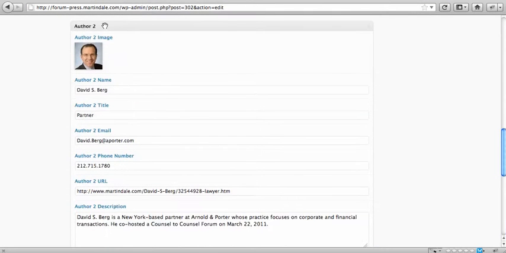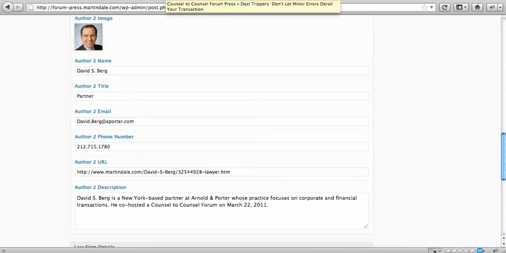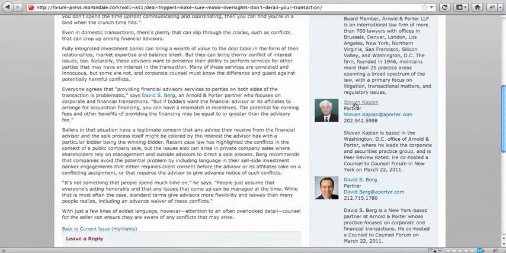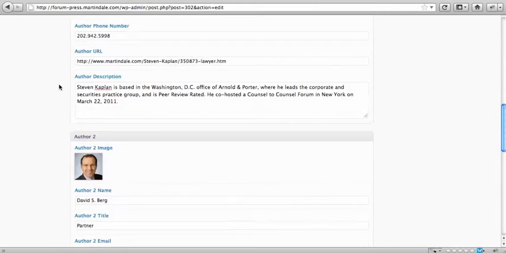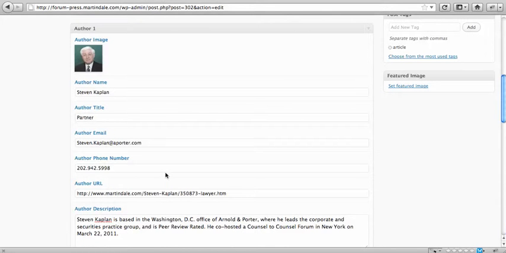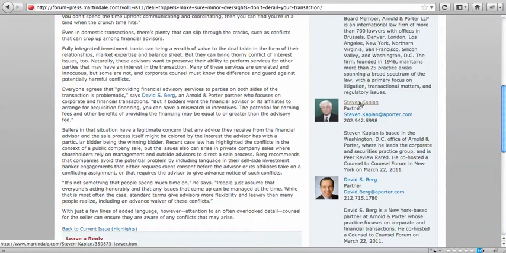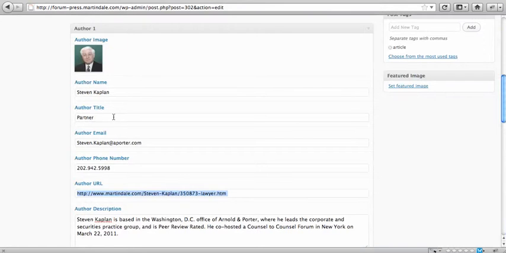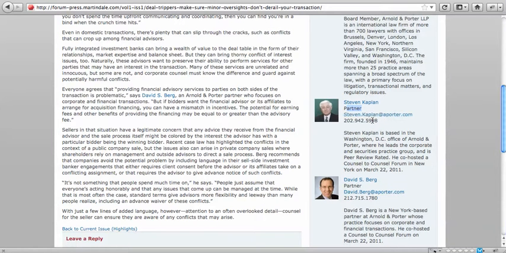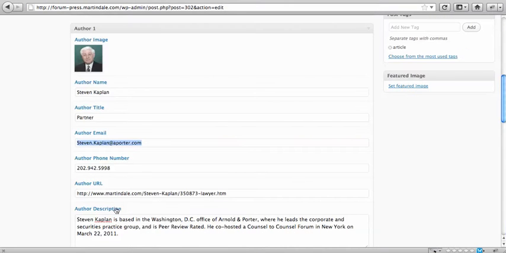Now going up to authors, just really briefly, now that you kind of get the gist of things as this stuff goes through. Name of the author is right here. The URL of the author is what this name links to. The partner title right here is the author title. The email goes in right there, gets outputted right here, and that's an automatically clickable link to their email, and then phone number and description. So just a brief overview, more in depth of that type of